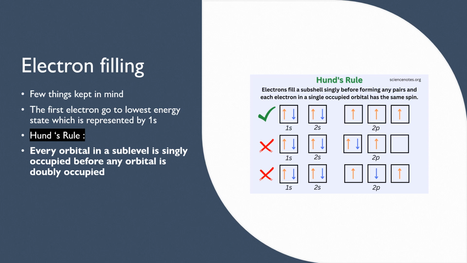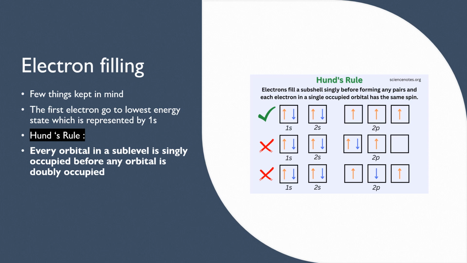Out of all these, the most probable way, the way you find the electron density of that particular element, is the most preferable case: whenever you fill singly occupied orbitals, you always prefer upward spin. In the third diagram, they tried to fill the electrons in singly filled orbitals, but